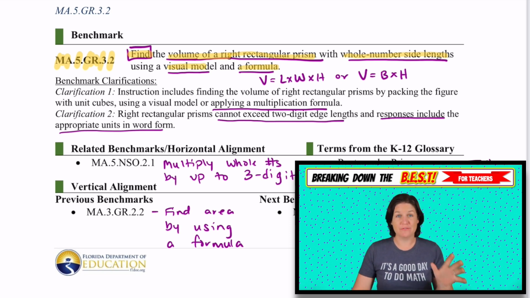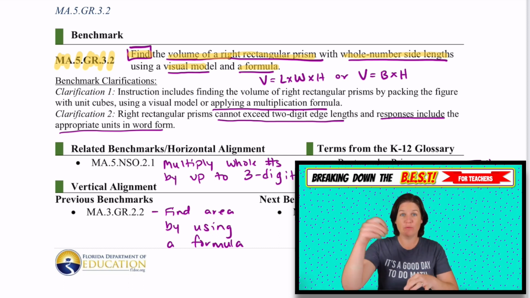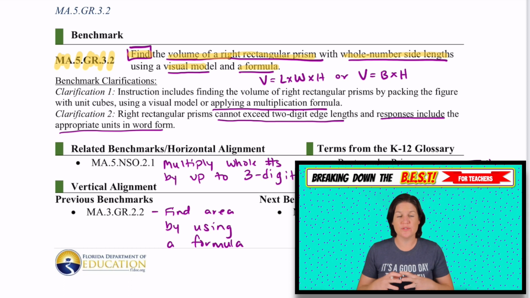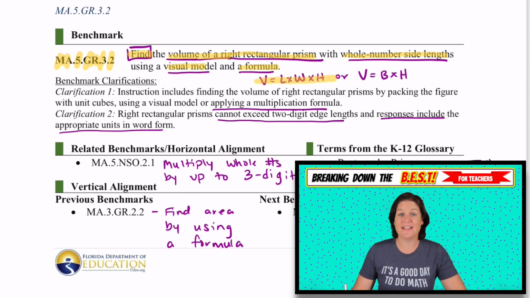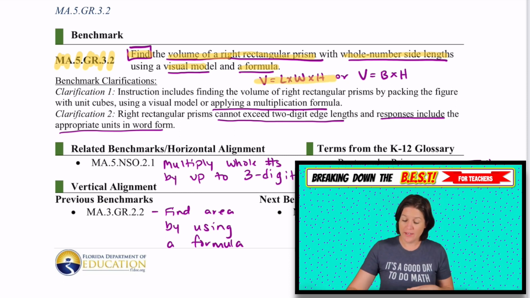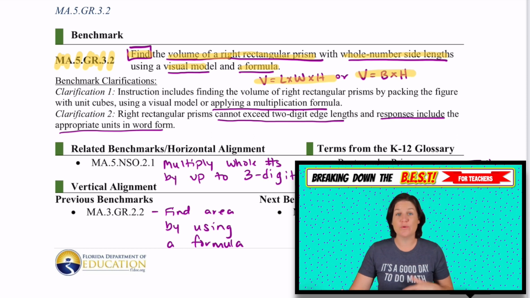In the past standard, 5.GR.3.1, we were packing rectangular prisms with unit cubes, discovering, exploring what volume is and how you can find it. In this standard, we're connecting that to the formula, or should I say formulas, because we have this one, volume equals length times width times height. And also this one, the volume equals the base times the height, because the base is technically the length times